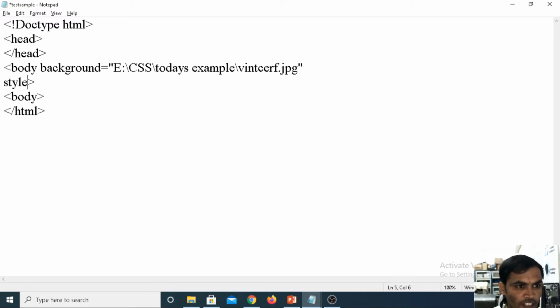Style is an attribute, a global attribute for cascading style sheets. Style: background-repeat, no-repeat. Background no-repeat.